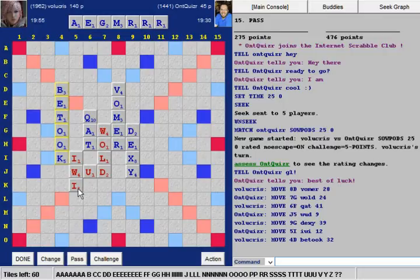And that's affecting whatever I might do next turn. I would love to take out one or both of these S spots, because I know he's sitting on an S. I would put it at about 90% that he's sitting on an S. And the only reason it's not close to 100 is there's a possibility that Iwi was just some sort of panic play, where he wanted to dump two I's and couldn't see anywhere else, and